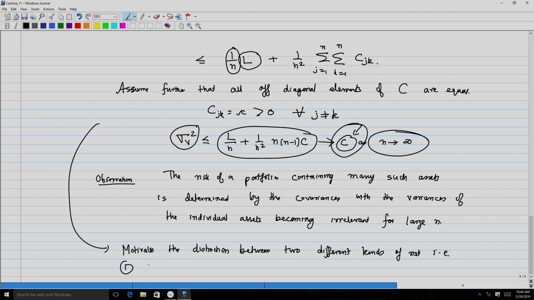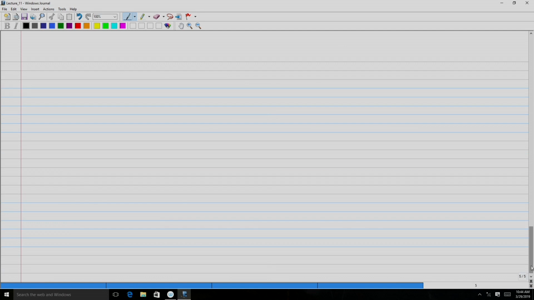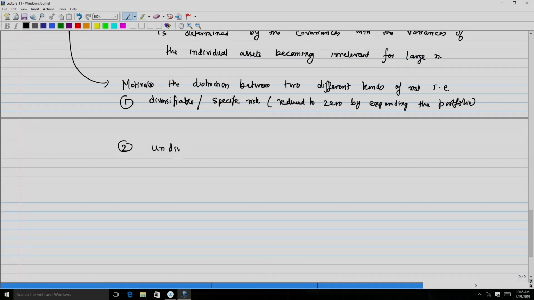that is, first one is what is known as the diversifiable or specific risk, and this actually can be reduced to 0 by expanding the portfolio, and the second is undiversifiable or systematic, or sometimes known as the market risk, which cannot be avoided since they are linked